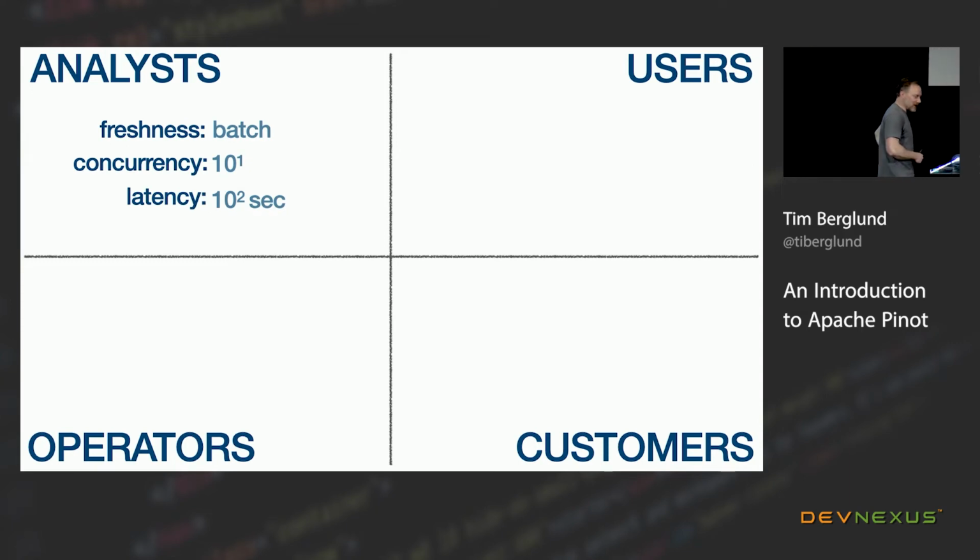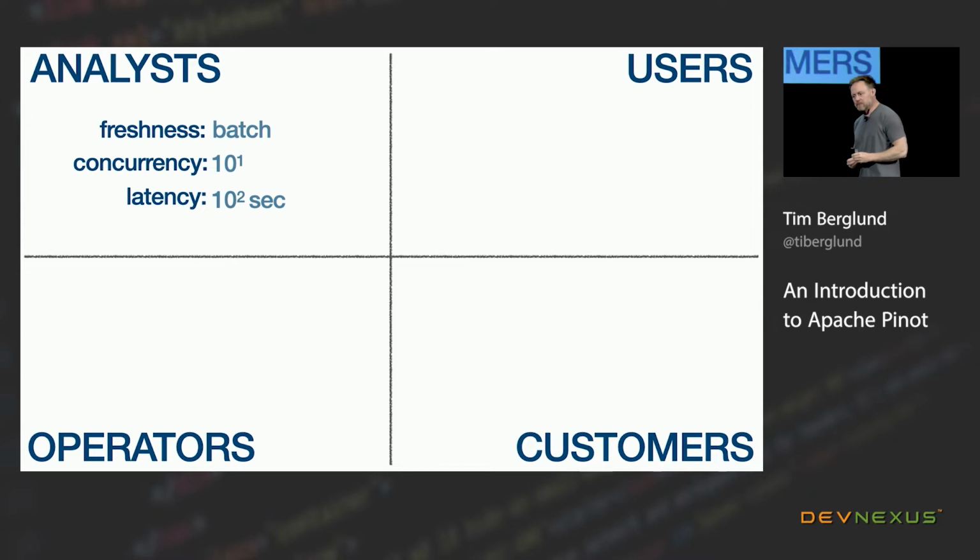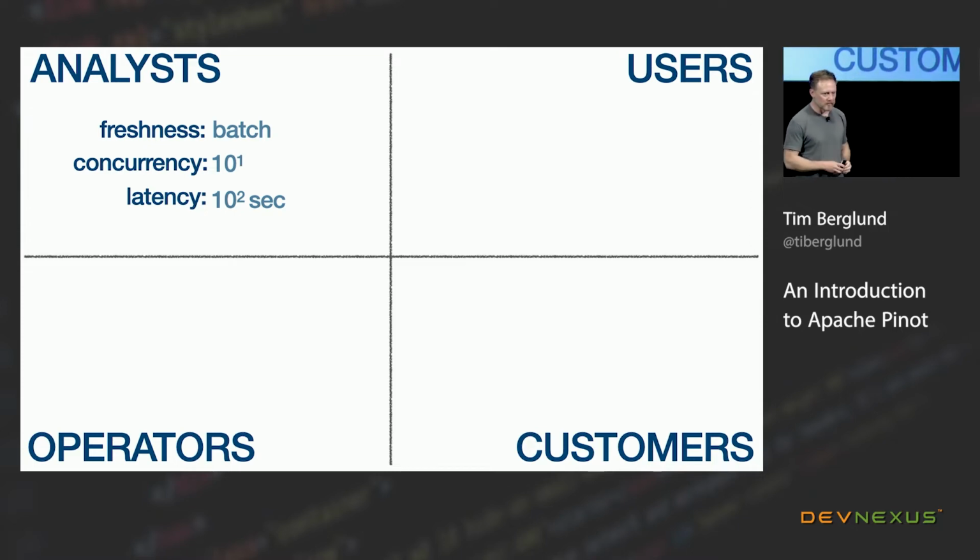For analysts, for those executives, they can have batch data. Yesterday is good enough. Maybe even a few hours ago is good enough. That's fine for them. There are probably tens of people using this kind of database at a time, depending on the scale of the business, but it's something on the order of 10. And query execution times in the order of minutes. So we'll say that's 10 to the 2 seconds, right? That's 100, 200 seconds, something like that. If a report takes that long to generate, it feels a little old-fashioned, but it's okay. The kind of thing that we're trying to do here, even if it's a dashboard, if there's some cached data,